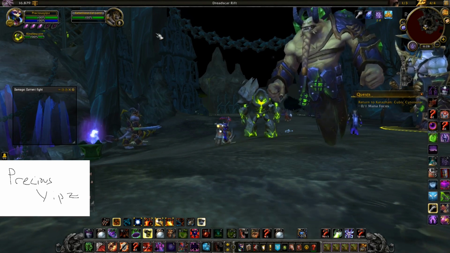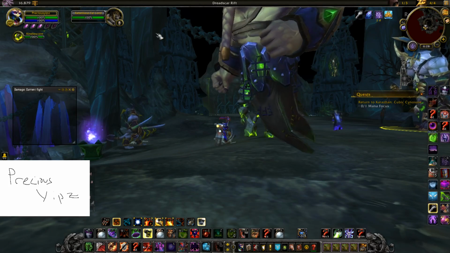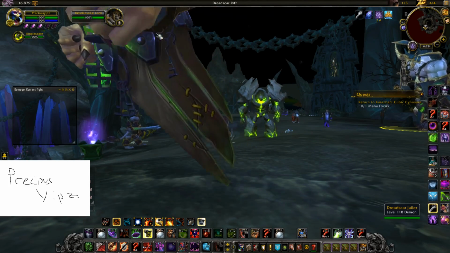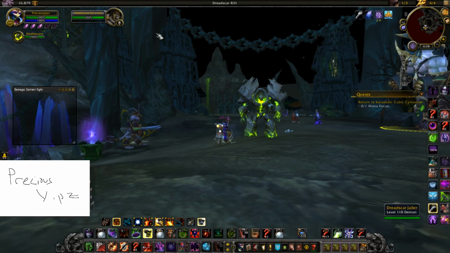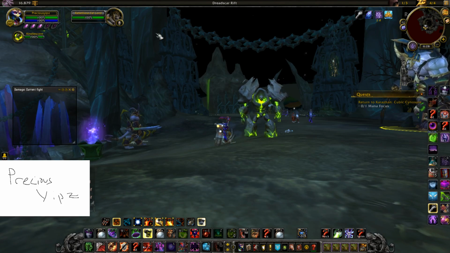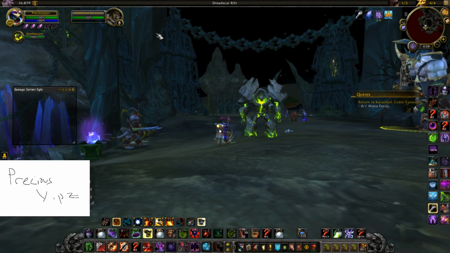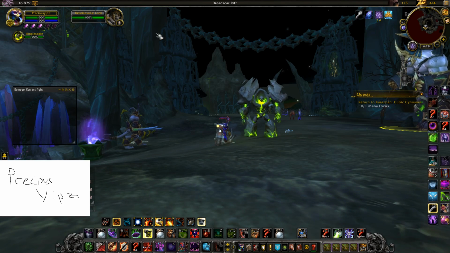This video is going to be about how to maximize your DPS on a boss encounter. The reason this video is so important is because I come out with a lot of guides that talk about how to do the optimal damage rotation on a boss fight. And while it's important to know how to do the optimal DPS rotation on a single target encounter,